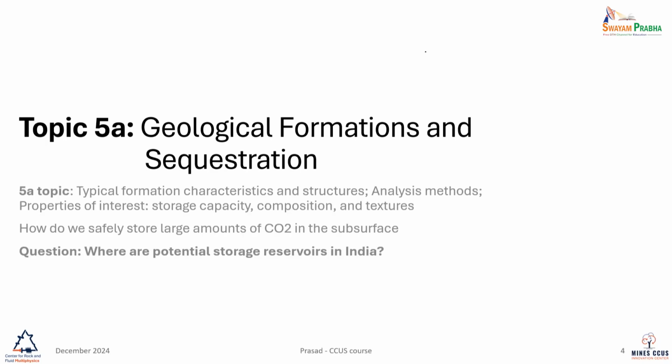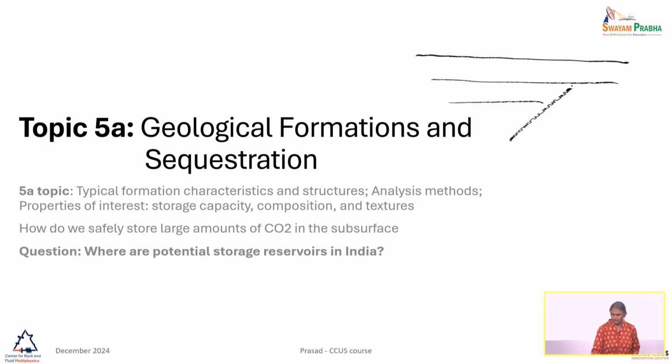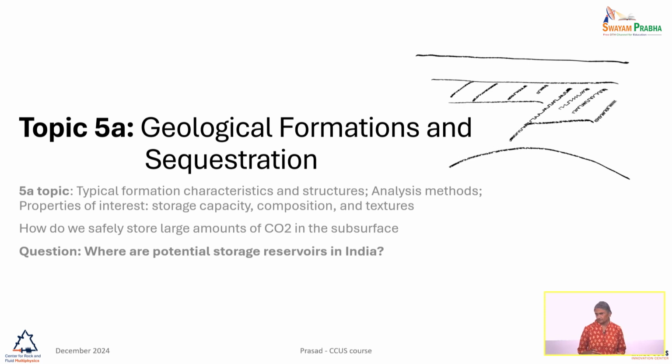So I'm standing over here and I want to know what formations are here. I want to know if there is any fault over here, and I want to know if there is any structure coming here, and if this is my target, I want to know what the storage capacity is here. Okay, all I have is standing over here,